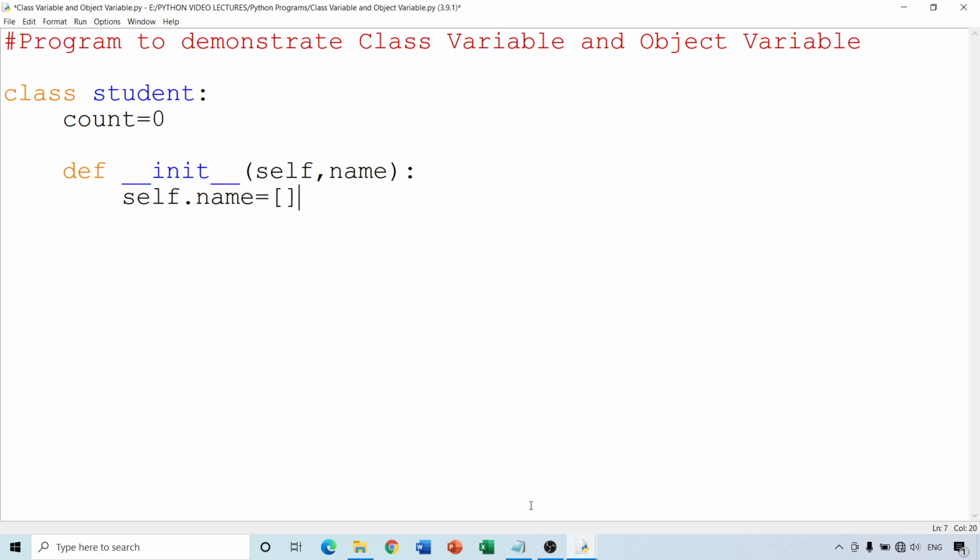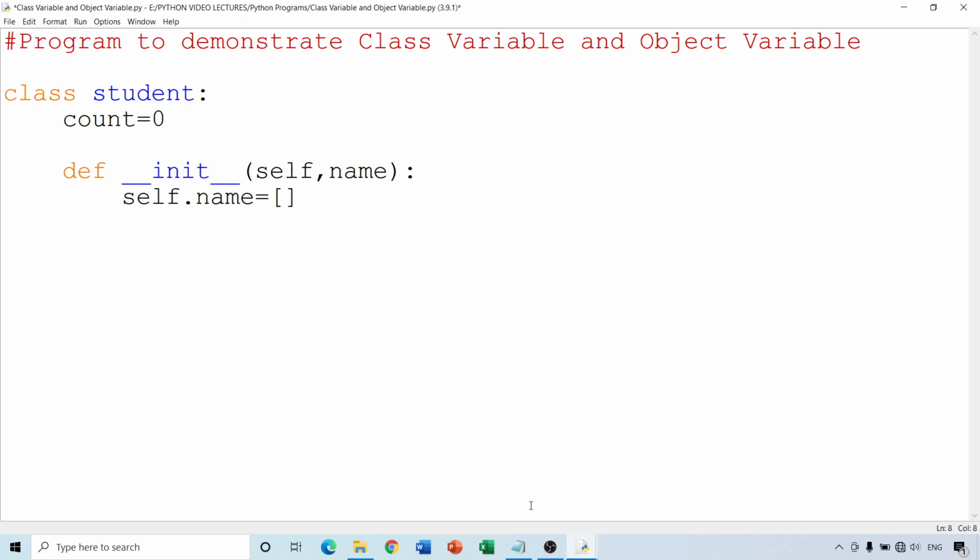This is what we had done in the example just a while ago. So we initialize the name with an empty list when an object is created, remember. Now as you can see, this variable over here at present is a class variable, and the variable defined over here, this one, becomes an object variable.